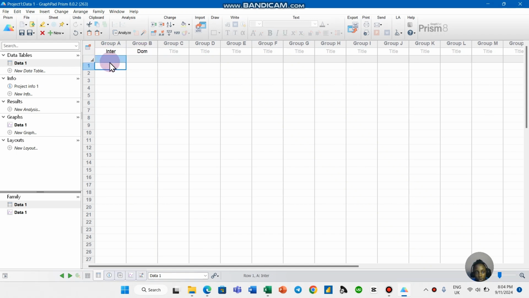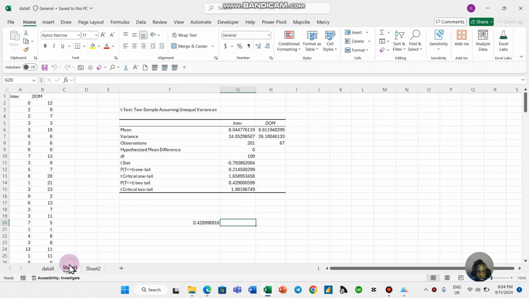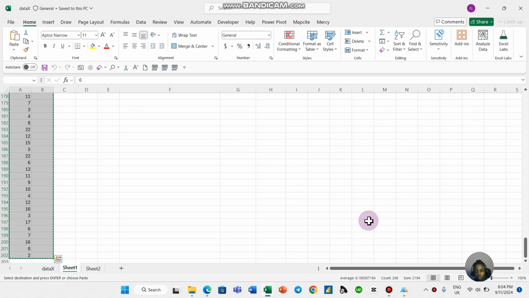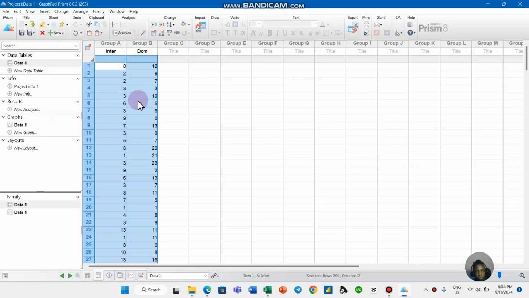And now we need to paste the data also here, so we'll just choose the data that has been grouped in Excel already, so like this one. So I cannot actually copy them like this, and I'll go to GraphPad Prism to paste it there. So now we have our data here. To analyze your data, you can go to analyze,